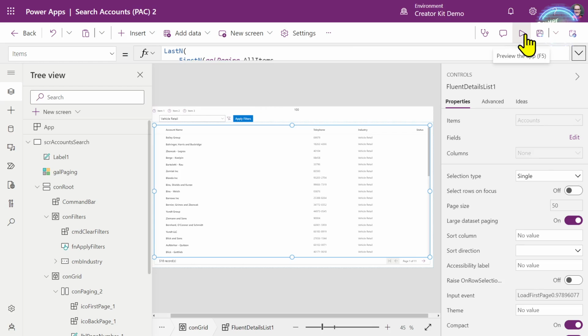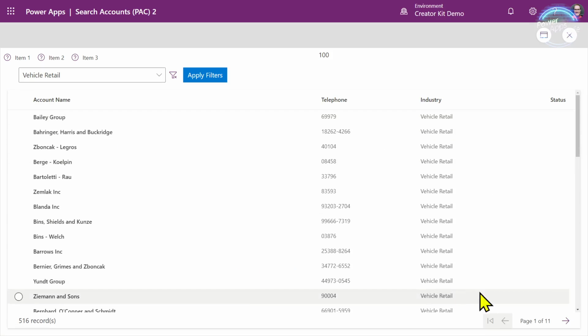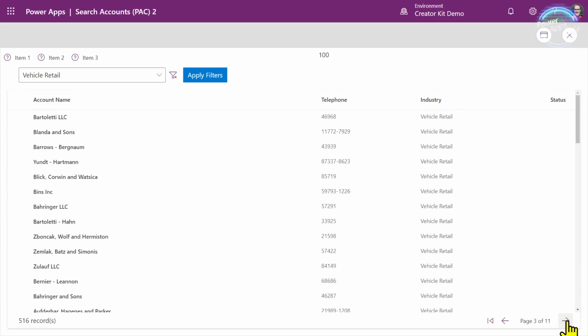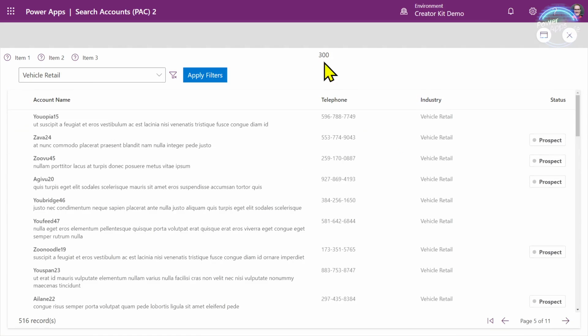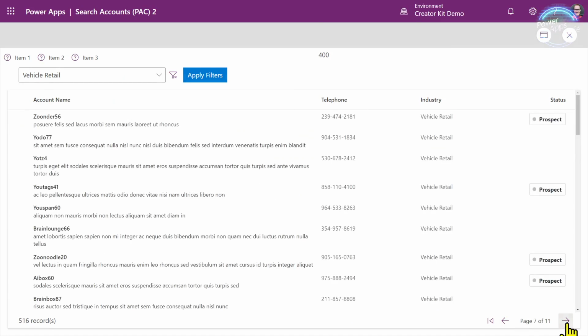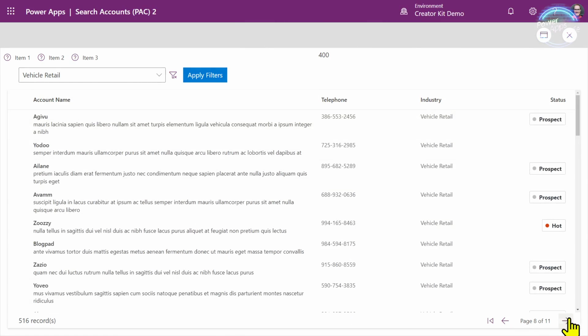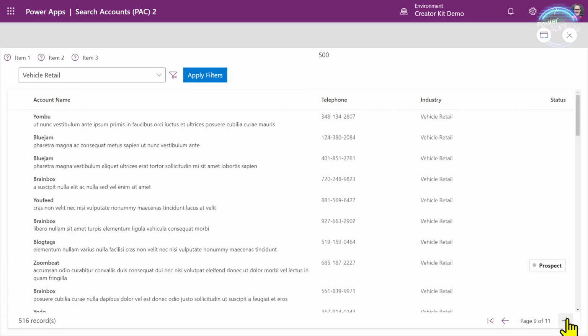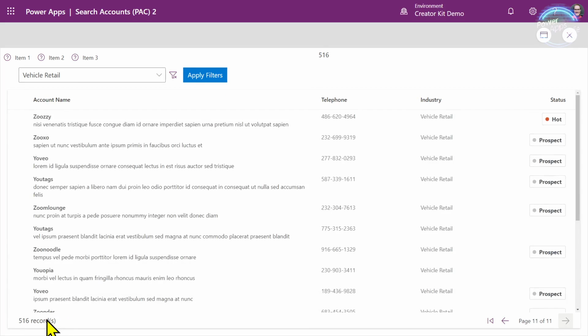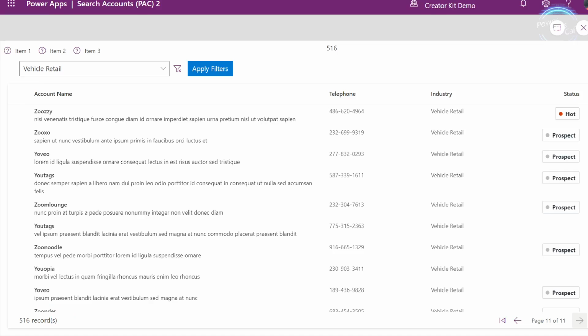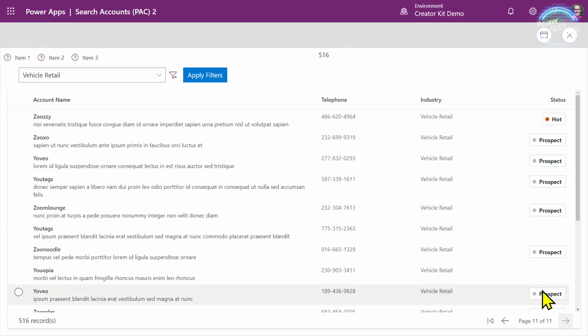And so now what that means is that as we scroll through these items, you can see what's happening is it's loading more and more records at the top here. So we've now got 300, and the records being displayed in our data grid are reflecting that last n, first n pattern. So it allows me to move through. So I've got 516 records here, and now it's fully loaded all of those 516 records, and we're showing page 11 of 11.